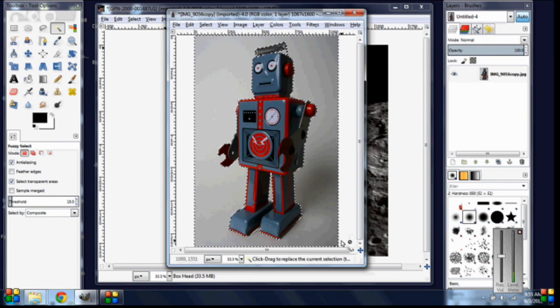Oh, whoops, no, hang on. There's a little spot down here that looks funny. Okay. Alright, so now what I can do is delete this area